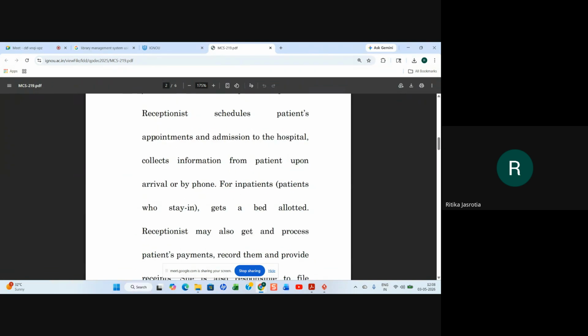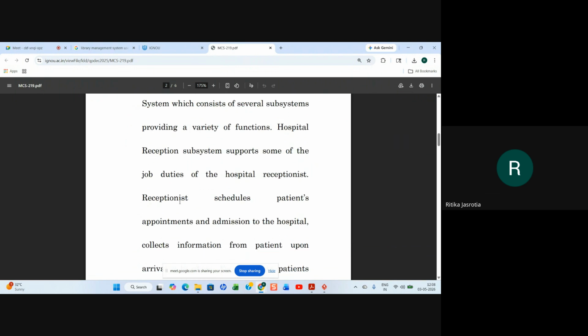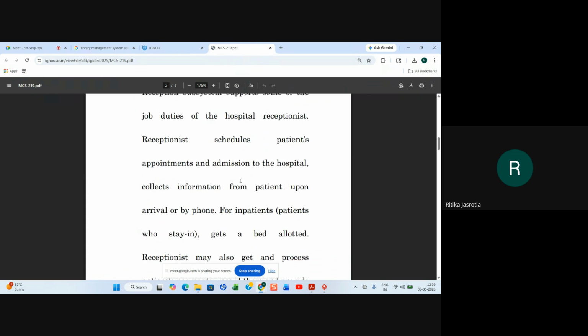The first question is: design suitably a hospital management system which consists of several subsystems providing a variety of functions. Hospital reception subsystem supports some of the job duties of the hospital receptionist. The receptionist schedules patients' appointments and admission to the hospital, and collects information from the patient upon arrival or by phone.